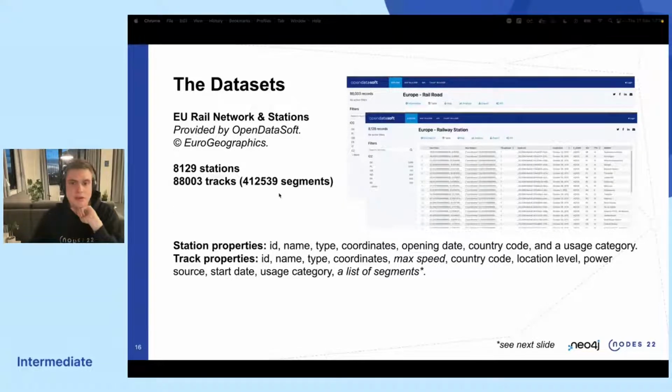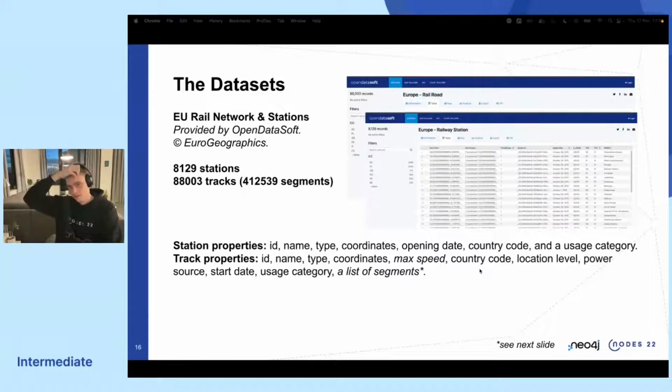Right. So the properties, I just talked to you about them. For a station, we have the ID, the name, the coordinates, when it opened, country code, and the usage category. So is it a commercial station or not? Then the tracks, we have ID, name, coordinates, and then this list of segments, right? But also we have the maximum speed that a train is allowed to go.